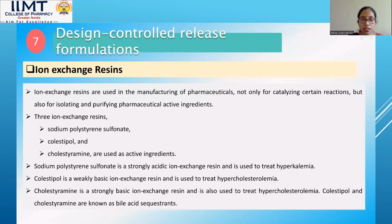Three ion exchange resins are mainly used: sodium polystyrene sulfonate, and two others based on polystyrene. Sodium polystyrene sulfonate is a strongly acidic ion exchange resin which is used to treat hyperkalemia. Polystyrene is a weakly basic ion exchange resin, and it is used for treating hypercholesterolemia. And the last one is a strongly basic ion exchange resin, and it is also used to treat hypercholesterolemia, commonly as a bile acid